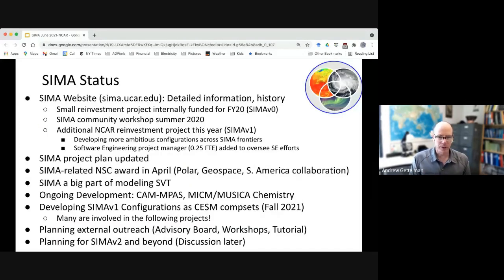Okay, so where are we with this? Well, we now have a website. There's sima.ucar.edu. There's detailed information on the configurations. There's history. As many of you know, the overarching history is a small reinvestment project that was internally funded for FY 2020 last year. That was SIMA version 0. We had a workshop towards the end of that last summer that helped define a vision going forward. There's been an additional reinvestment project this year, SIMA version 1, V1, where we've been developing more ambitious